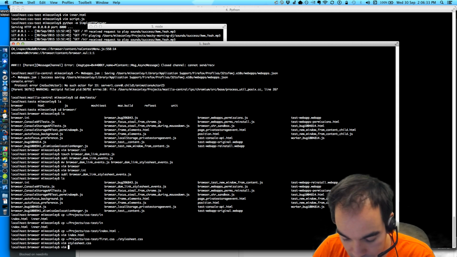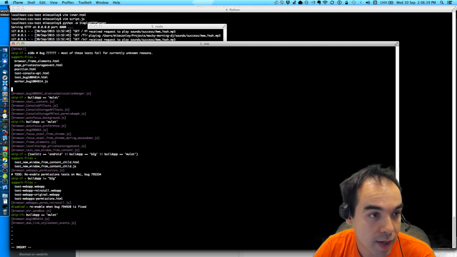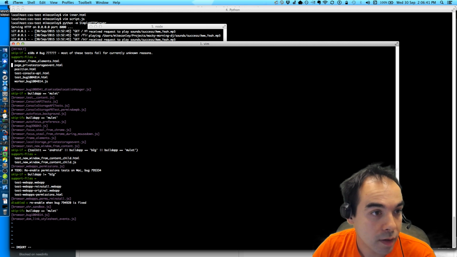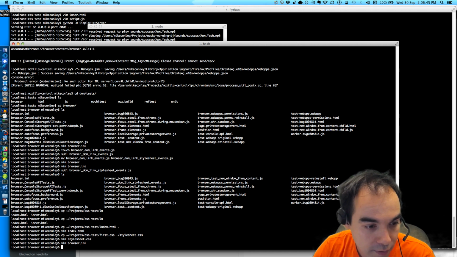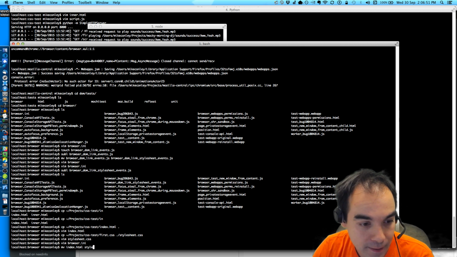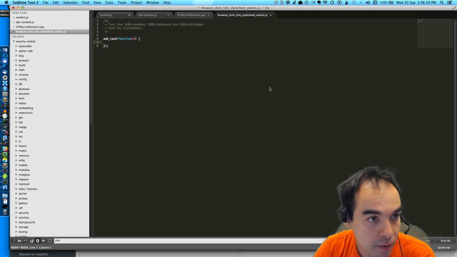And then under browser.ini, under the support files, we'll say, wait. Instead of calling it index, I'll call index.html. We'll call it DOM style. What was the test called?